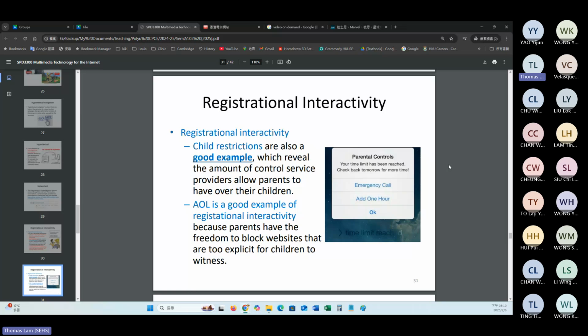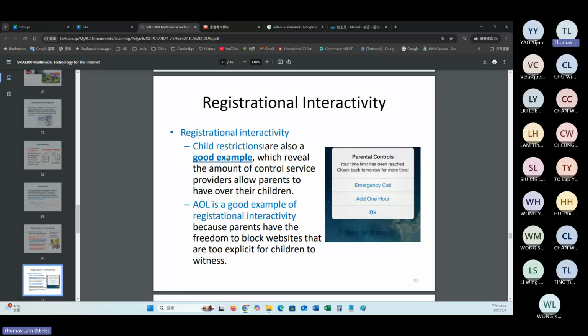As you all know, we have certain mobile apps for children, and the mobile application may have the parent version that allows the parents to monitor the usage of the mobile phone by their child. So this kind of registrational interactivities always happens in this way.